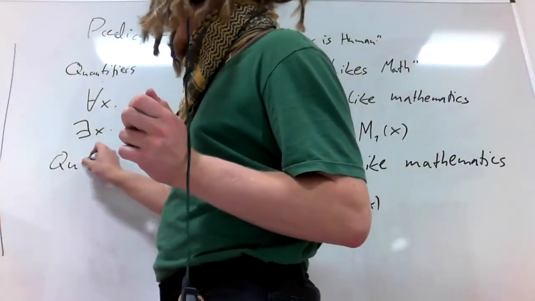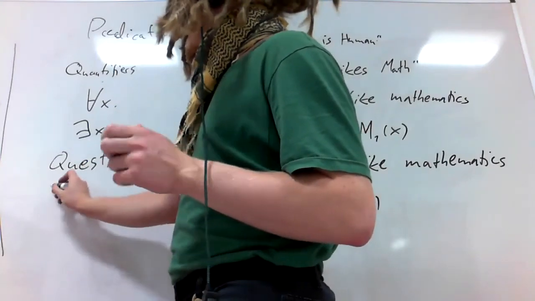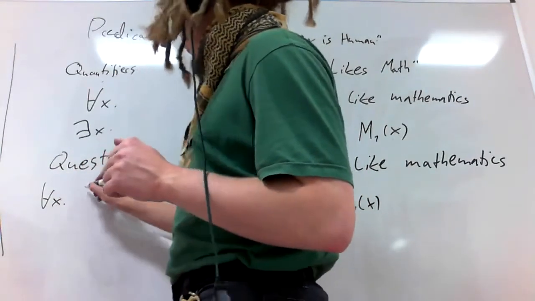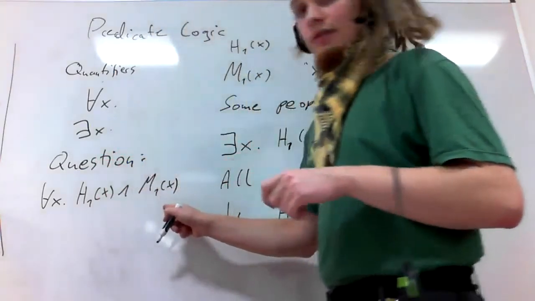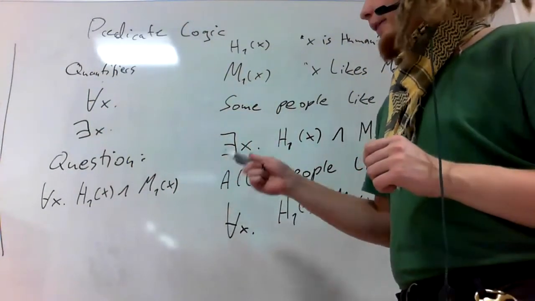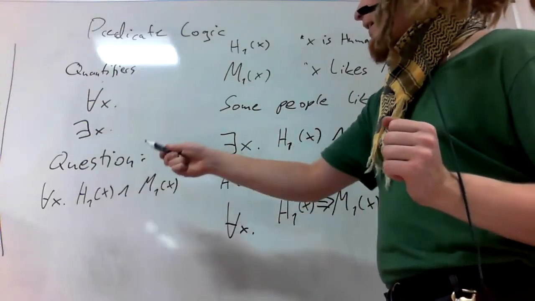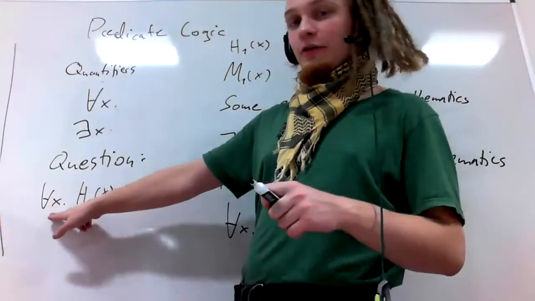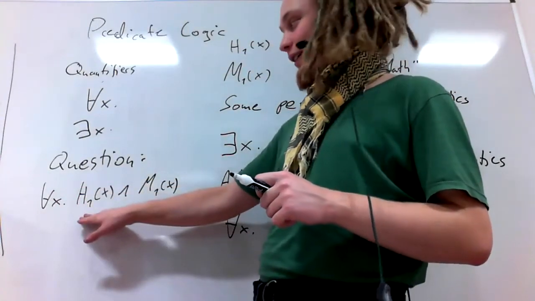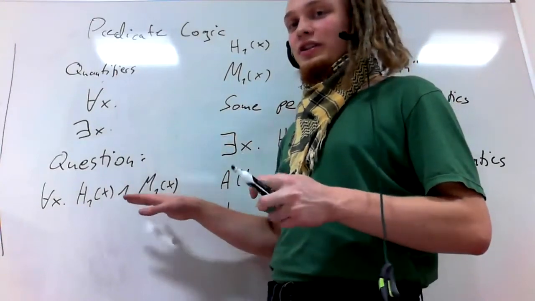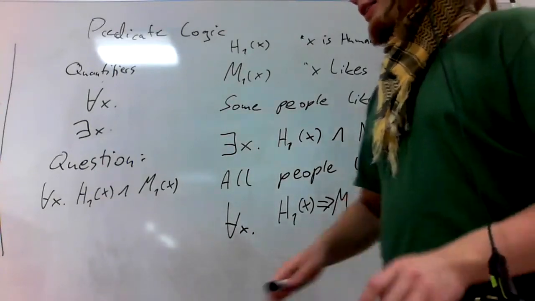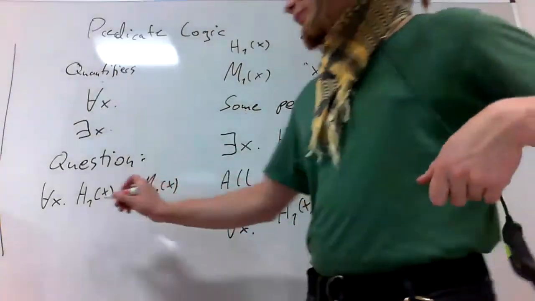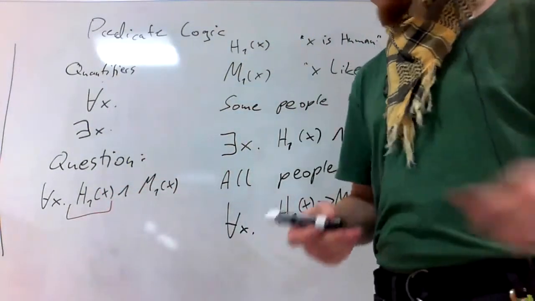So question, what would the statement for all x, H1(x) ∧ M1(x) mean? I'm giving the answer because no one's writing in the chat. So this would mean all objects in our universe are humans and like math, which is in general not correct. If we have a universe where there are things that aren't human, then already this part would be weird, right? So this literally states